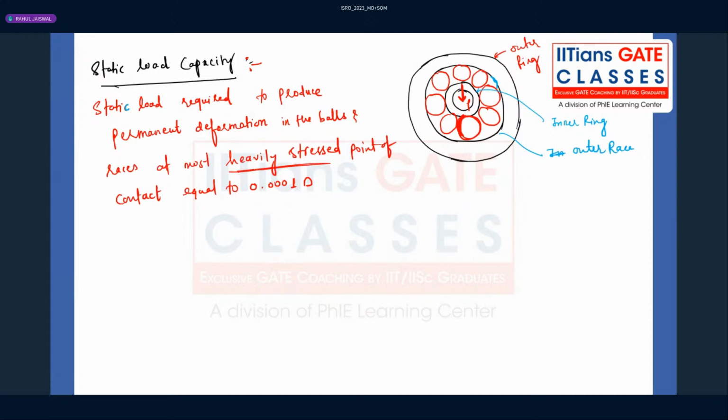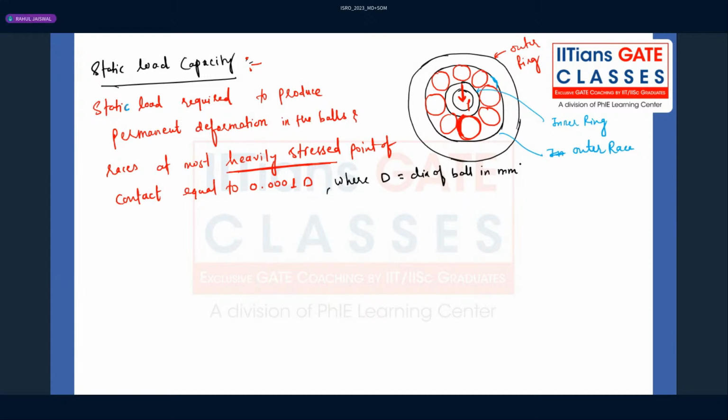See here, this is very important. You know that the failure will happen in a component where the material is subjected to a highly stressed value. Whenever at any point a very high value of stress is there, the failure will happen. Same thing they have repeated here. The static load required to produce the permanent deformation in the balls and the races at the most heavily stressed point of contact is equal to 0.0001 d, where d will be equal to diameter of the ball in mm,